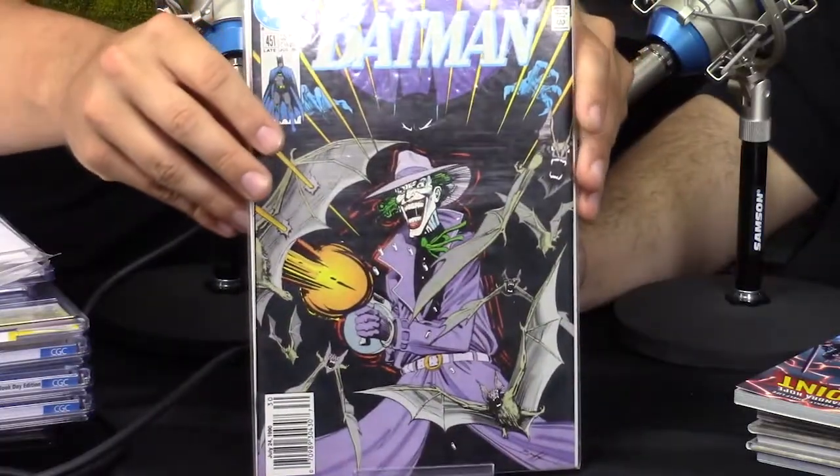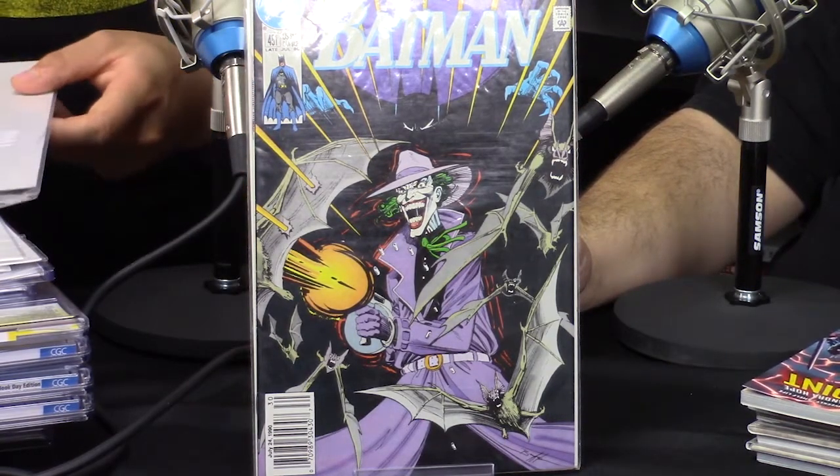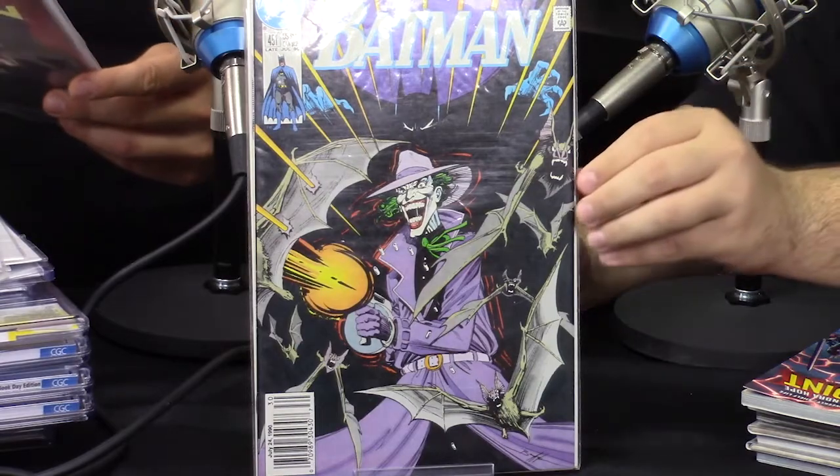I like the big purple floppy hat that the Joker's wearing with his Tommy gun. It's insane, and it's pre-animated series, but it's just wild. So I'll give you one more look at that for those watching at home. It was only $1 on the cover. Next for me, number 17 on my list,